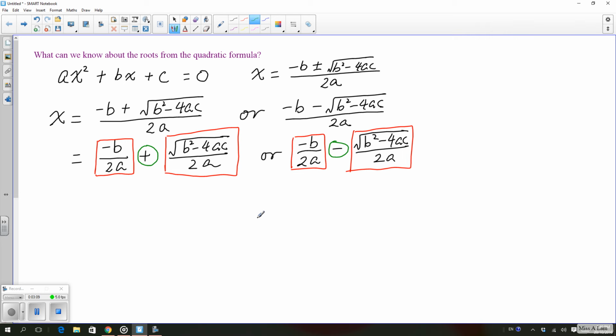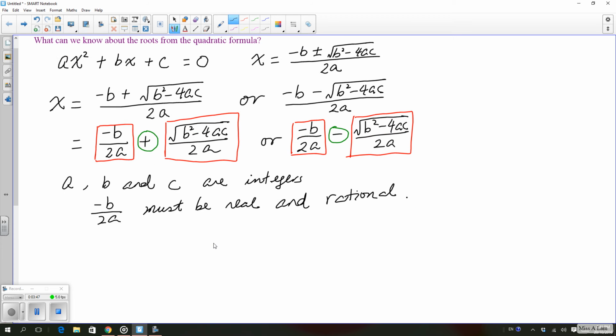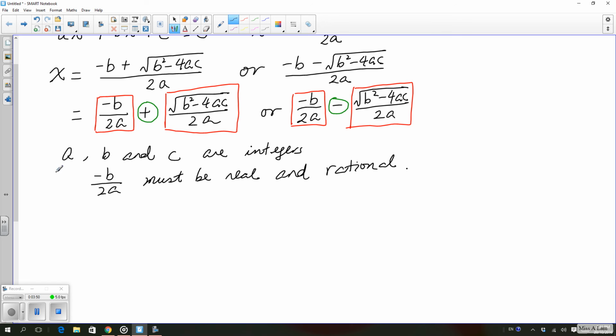Now, therefore, in this case, assuming that a, b, and c are integers, I can confirm that minus b over 2a must be real and rational, right? Now, therefore, in this case, if we look at this part,